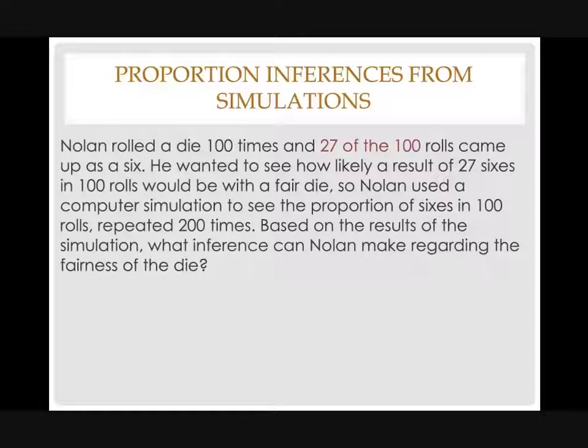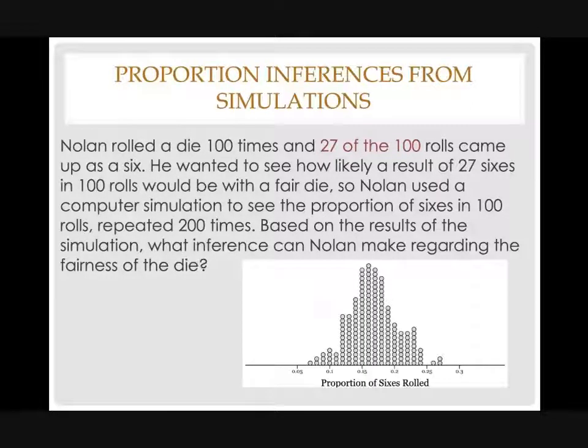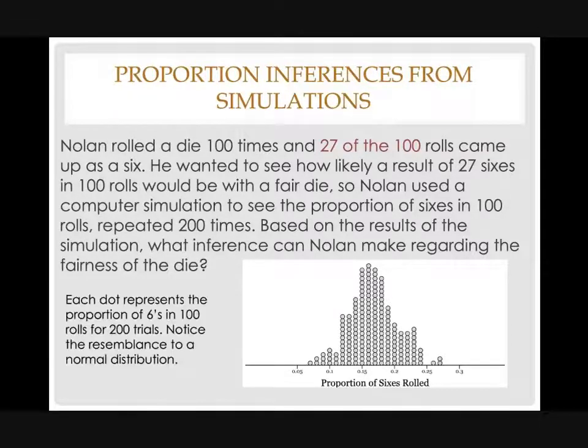Okay, so 27 out of 100. So here's the proportion of those 6 rolls. And each dot here represents the proportion of sixes in 100 rolls of 200 trials. Okay, so here we have